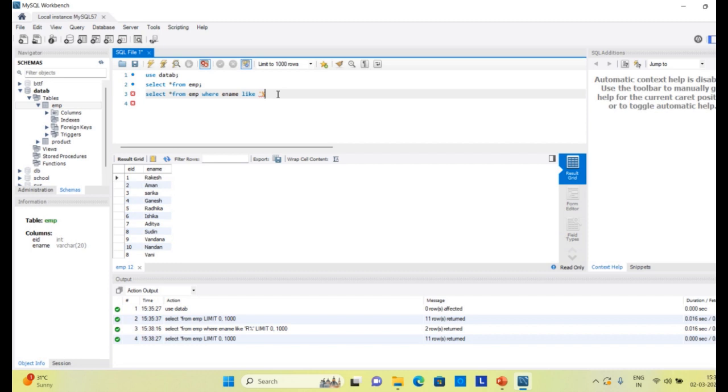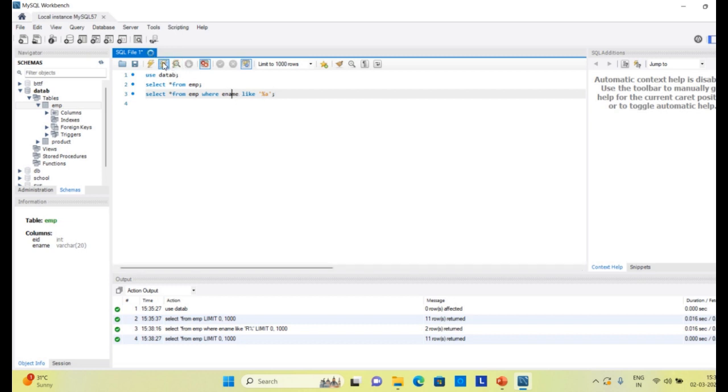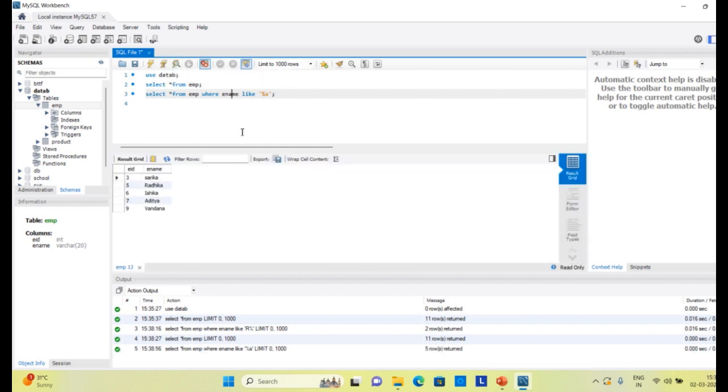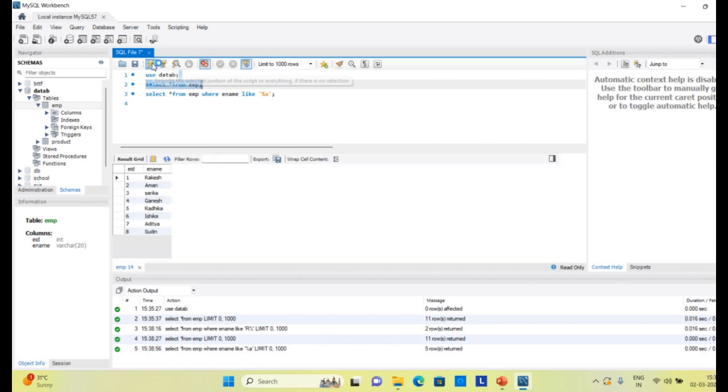For covering the word length we give the percent sign, and the last letter should be A. So I write the last letter after it, followed by a quote and then a semicolon, and I run this query. You can find that I get about 4 or 5 names here which end with the letter A. I am running another query, and I want to search for some other pattern.